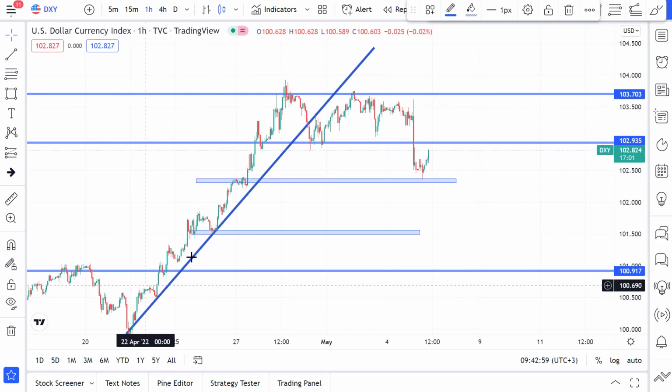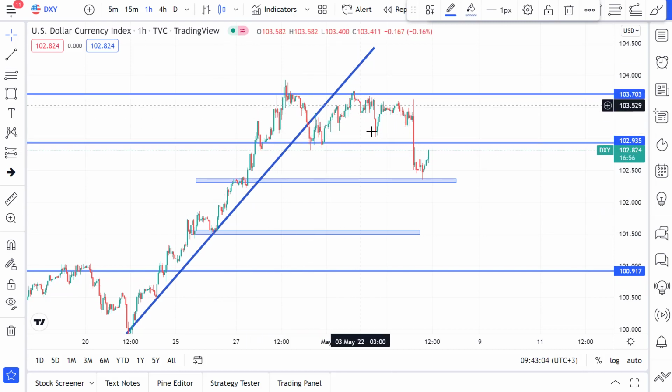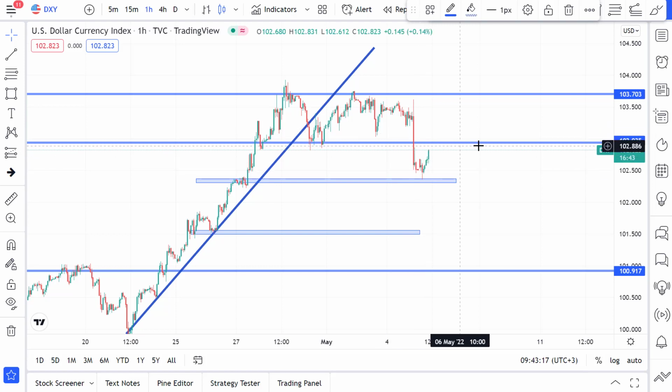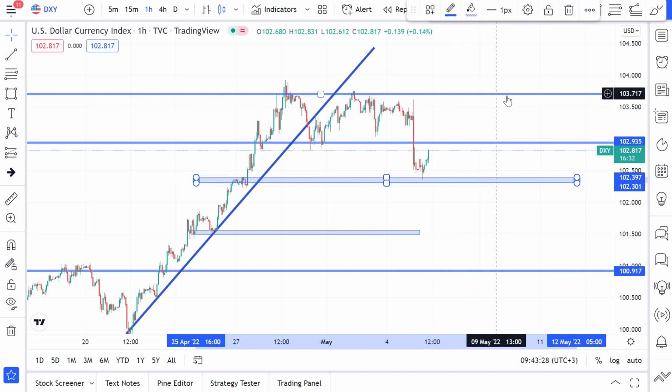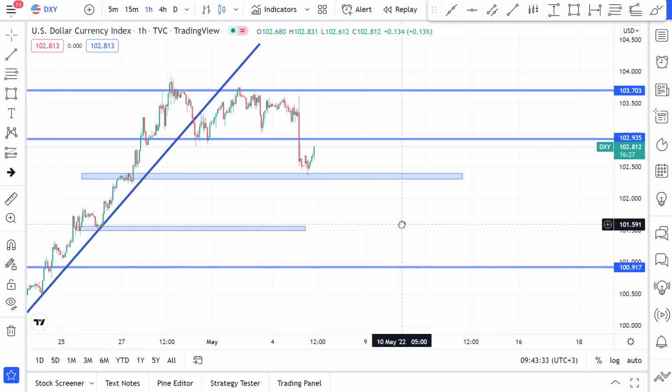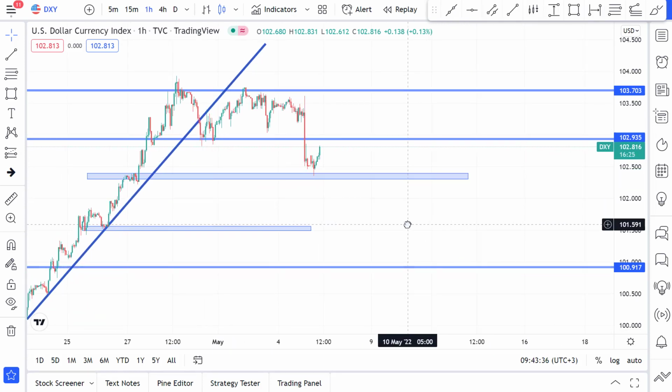phase or bullish trend, we had a breakout here, a pullback, another pullback, and somehow a trading range up to the moment that the Federal Reserve started the meeting, and we had a bearish phase. You can see that the price is moving between these two lines. What I expect would be a trading range for some days between these two zones, for the next phase or the next decision.